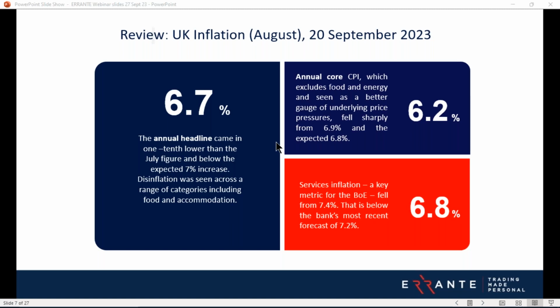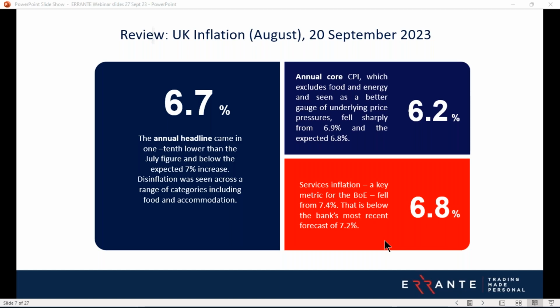The bank also expects GDP to rise only slightly in the third quarter of this year, and underlying growth in the second half of this year also likely to be weaker than expected. Likewise, the MPC expects CPI inflation to fall significantly further, quoting them there, while noting that services inflation is projected to remain elevated in the near term. And I have got that here just to point out that that also fell down to 6.8%, so below the MPC forecasts, although, as I've said, they did mention that it's projected to remain elevated in the short term at least.